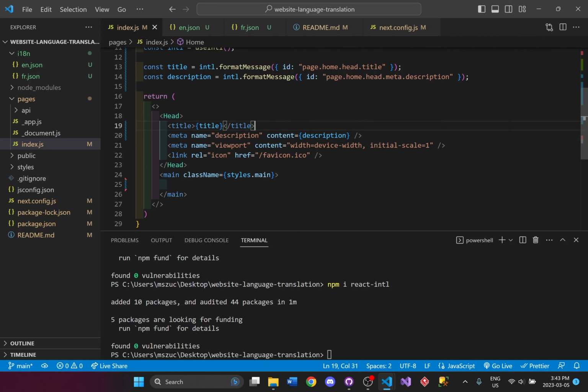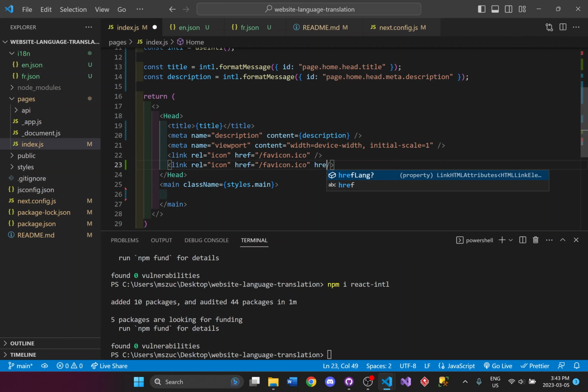And now what we'll do is we need to translate. We can actually add a few different links right here. Based on the different languages, it could change. So we could say href lang x-default.